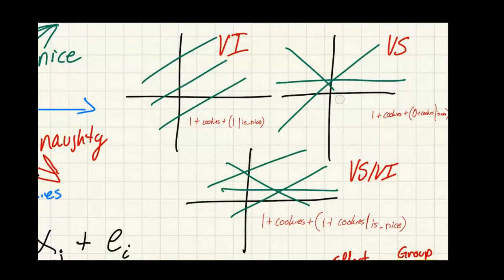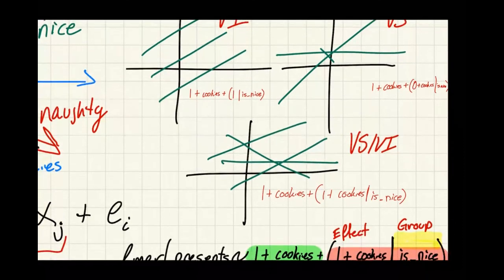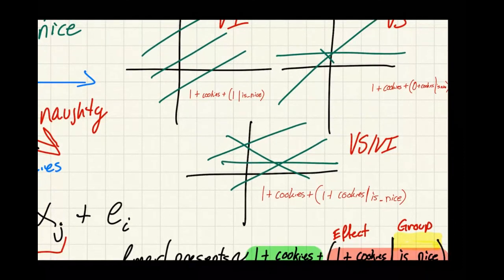So it might look like this, where the naughty kids have the horizontal line and the nice kids have the steep line. But all kids start off with, say, 2 presents. So even if you forget to give Santa cookies, you'd get 2 presents. And then remember, nobody gives Santa no cookies, so you might have to center your cookie variable. Okay, so varying slope we use when we expect everybody to have the same baseline, but maybe different effects. And we use varying slope and intercept when we would expect both of those things to change.